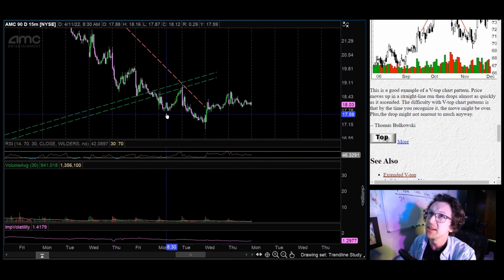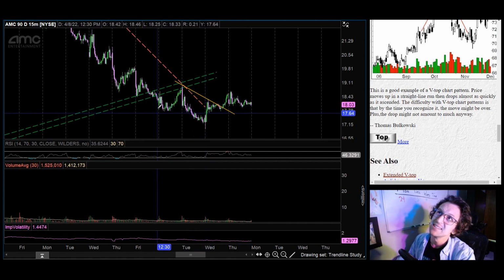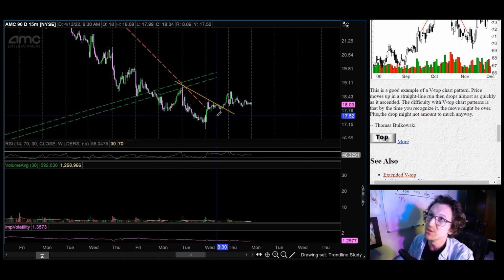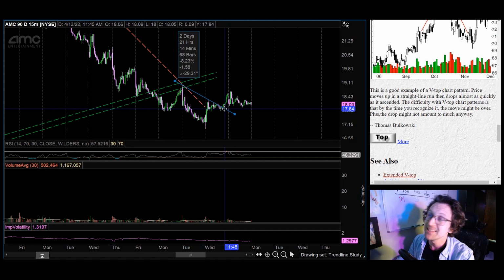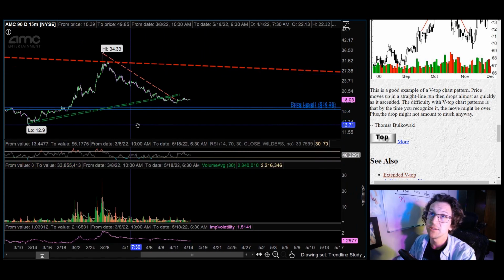I know that it kind of has this head and shoulders semblance, but look at what your armpits would be. Your armpits would be really steep like this. You know, this would be a shoulder here, this would be a shoulder here. It just does not look like that. If this was going to be part of a bottoming pattern,